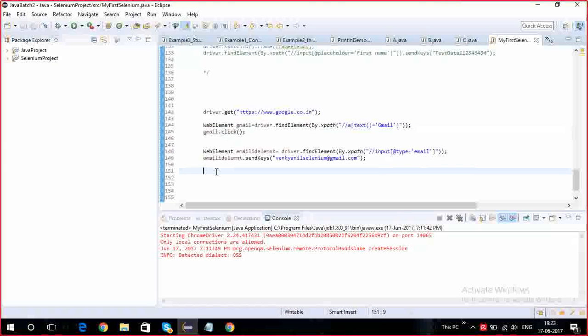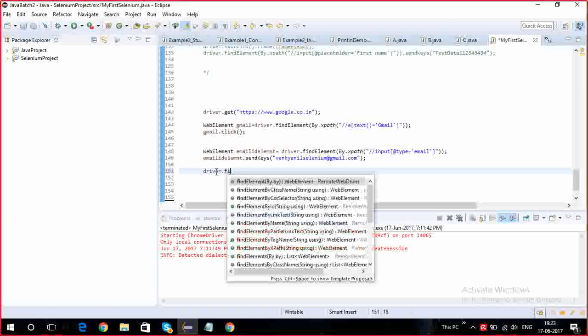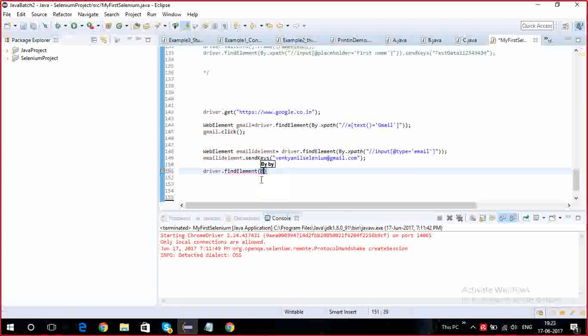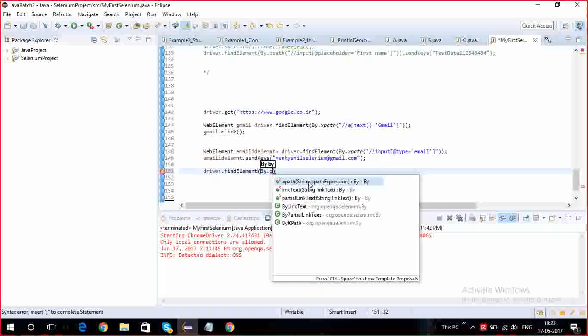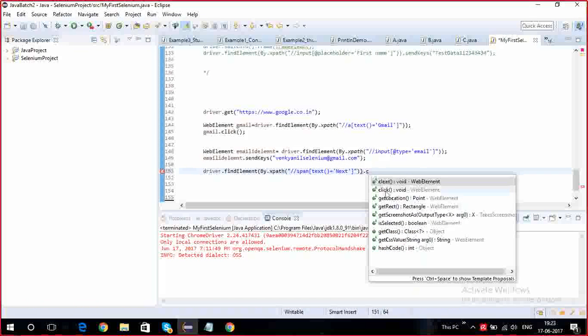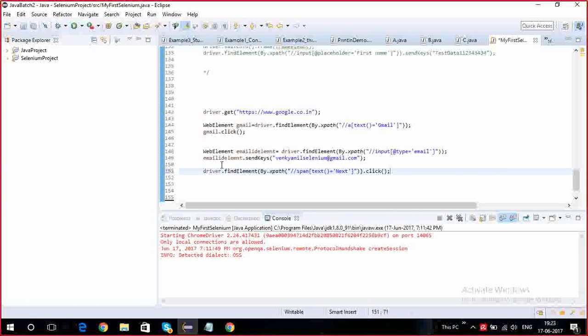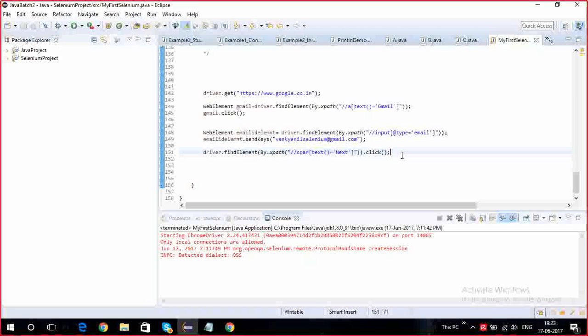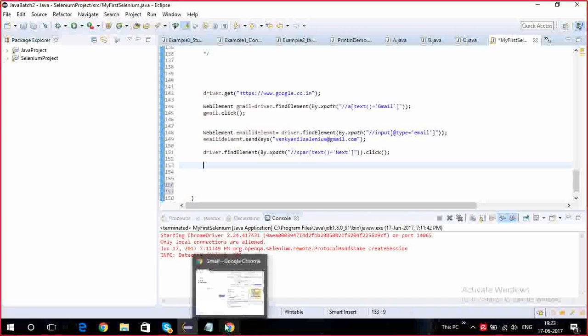Now, driver dot find element by XPath. Okay, this is the XPath, and then dot click, right? So after entering the username, what are you doing? You are trying to click, right? This time I did it in one line only. Okay, now after clicking on next,